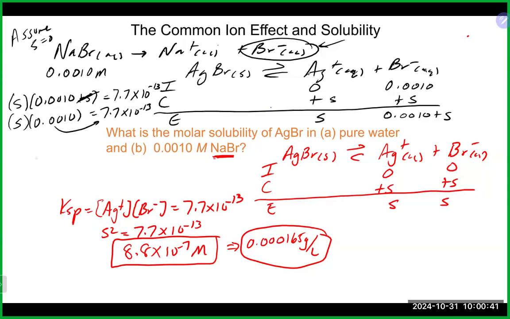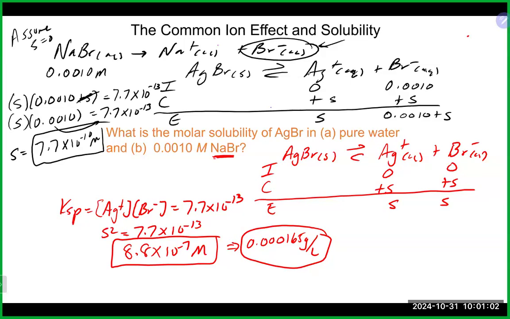Obviously, we're going to divide to the other side, and we're going to end up with something like 7.7 times 10 to the minus 10 molar as the molar solubility